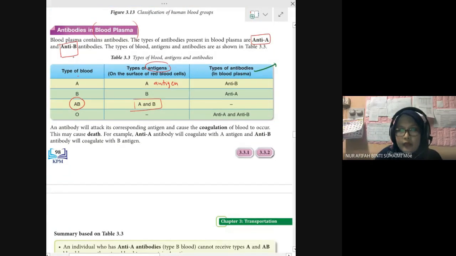Right. This type of blood, A, B, AB, and O, we cannot mix it together. Cannot mix. An antibody will attack its corresponding antigen and cause the coagulation of blood to occur. If you mix type,